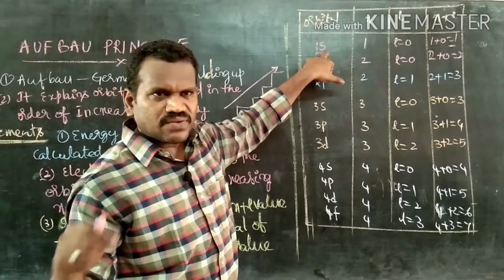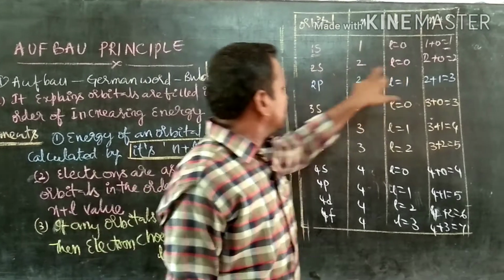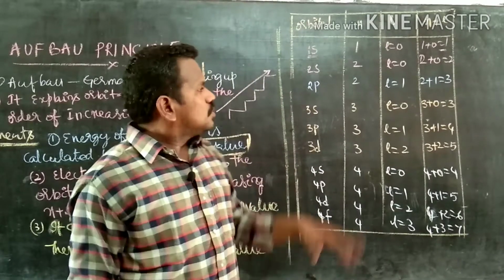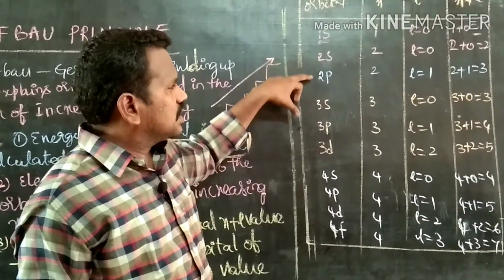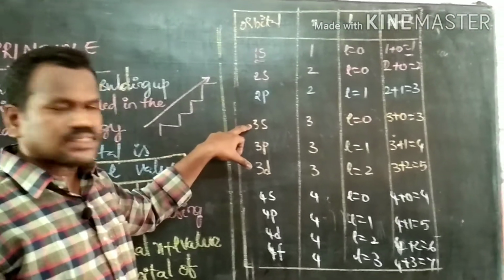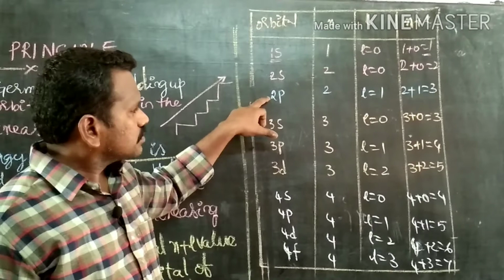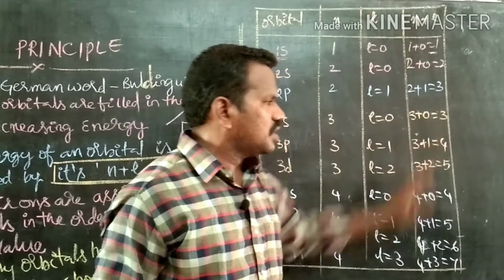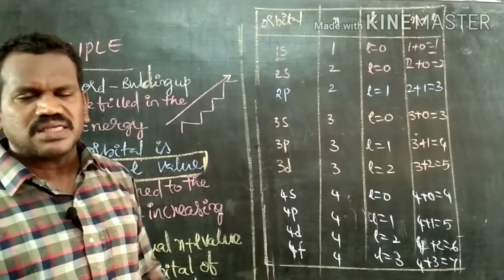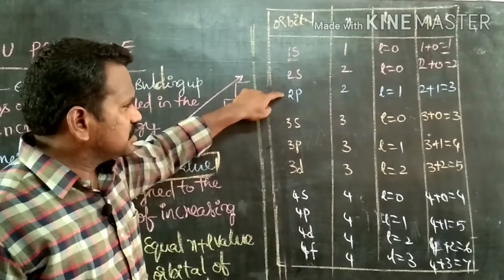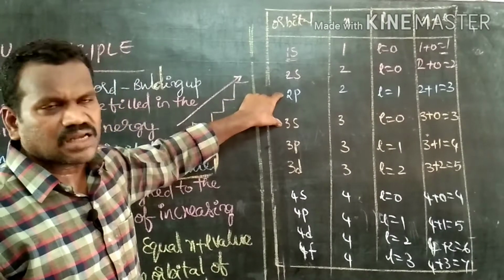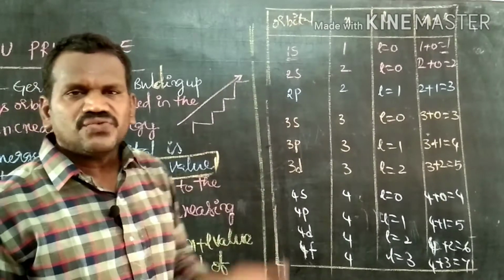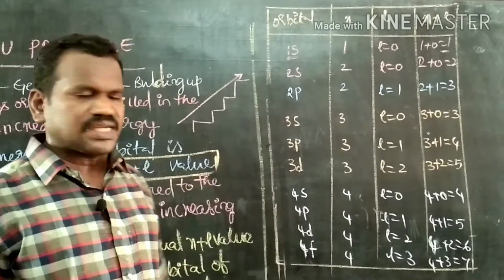After completion of the 1s orbital, the next energy level is 2s. Why? Because its quanta is 2. If 2s is also completed, then comes 2p or 3s. Why? Because the energy of 2p is 3 quanta, and the energy of 3s is also 3 quanta. Now a problem arises because the energy of 2p and 3s orbitals are the same. Then the electron has to choose which orbital first. That question arises.